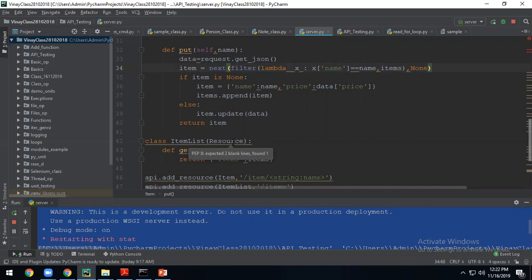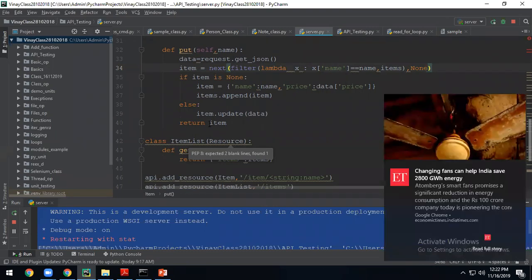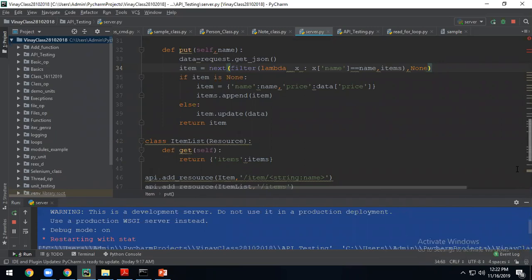Tell me whether the server is running fine. Done. Completed server.